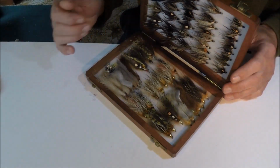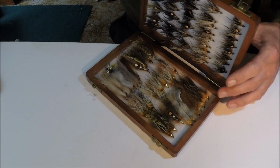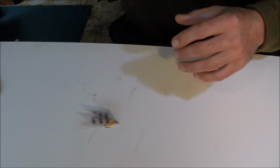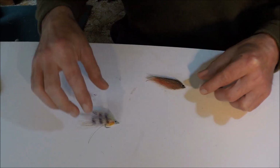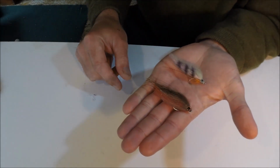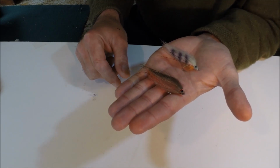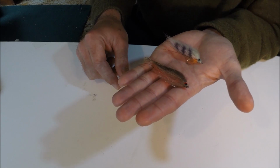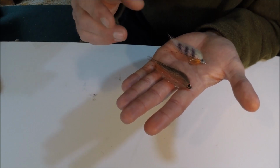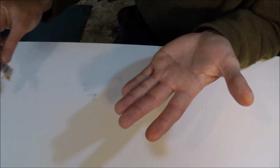So then I started tying more of these kind of fry imitations, things such as these, but also basically lures. So I started tying these, and yes, caught more fish and bigger fish. So I knew I was onto something. So obviously the logical progression was bigger is better. So I started tying even bigger flies,